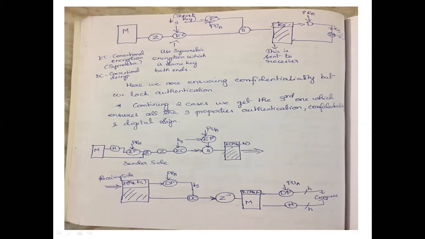It's the secret key. Now the key is used to do the encryption, and one more encryption takes place using the public key. So here on the sender side, a compression algorithm is used. Then symmetric key encryption is done, as well as asymmetric. Then it is appended and sent to the receiver.